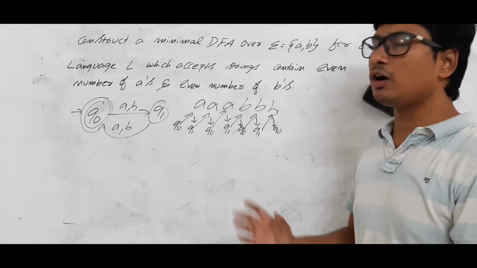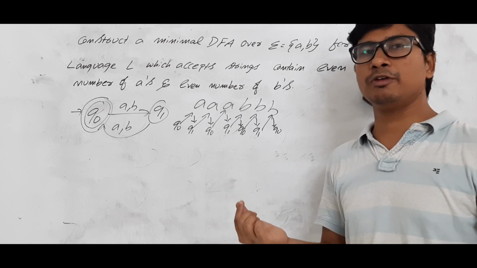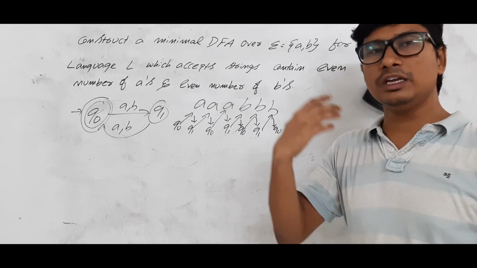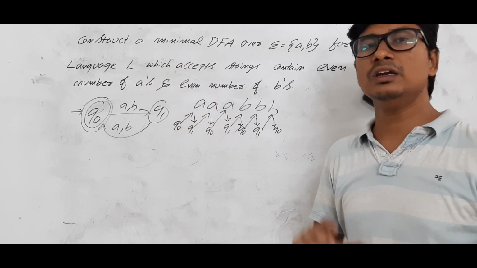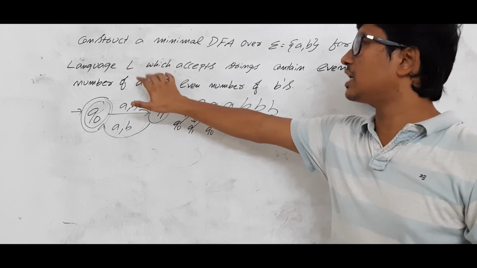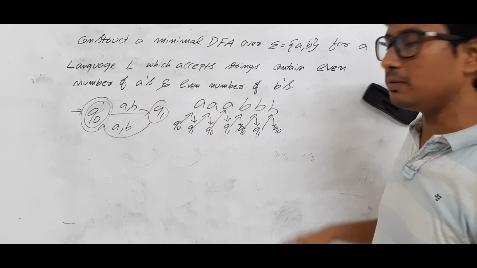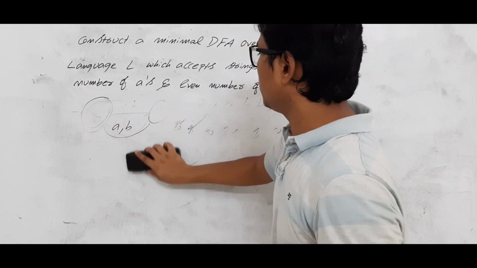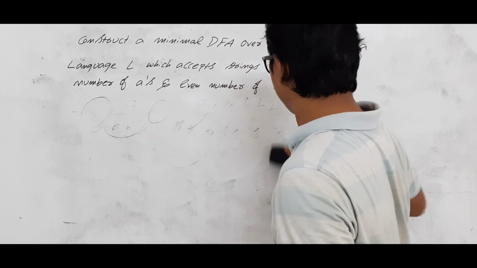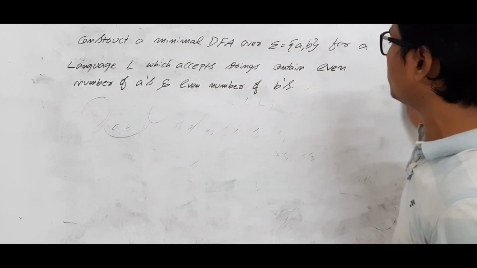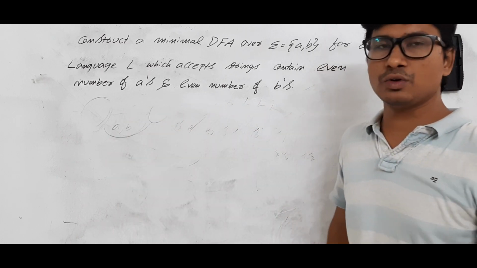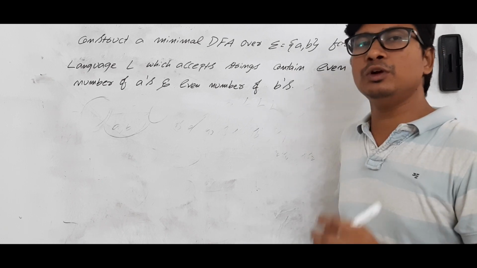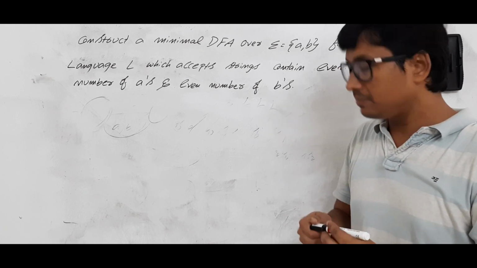So our assumption is wrong. If even number of A's and even number of B's are there, then the string length will be even, but all even length strings will not satisfy this condition. The example is 3 A's and 3 B's. I hope you have understood the mistake usually people make. So now we will solve this question. This question can be solved in two ways, but I will explain one solution among the two, which will make you understand and you will be able to solve these kinds of questions very easily.